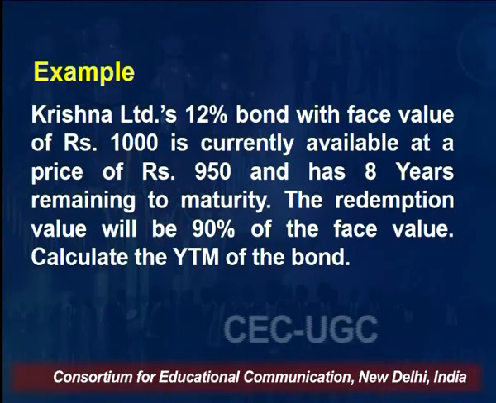So as per our formula, 950 becomes our B0. B0 is nothing but the current price of the bond, because this bond is available in the market at 950 rupees. And for the remaining life of the bond, say for example, the company has issued the bond for 10 years. But the investor who is buying this bond gets it at 950 rupees instead of 1000 rupees, which is the par value of the bond, right? It means this bond is available at a discount, and the remaining life of the bond is 8 years in our example.